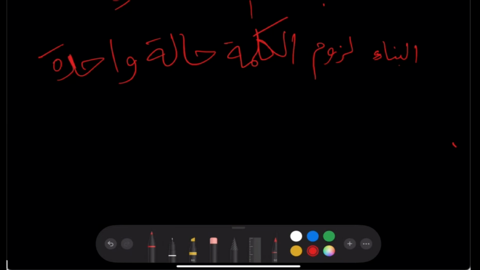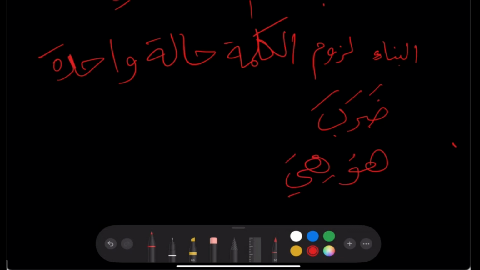So, for example, the past tense verb in Arabic, daraba, that fatha will never change. Or the pronoun huwa or hiya, he or she, that fatha will not change. Or the word aina, where you don't say ainu or aini, even if you have the word min there. You say min aina, from where. So it's built like that.